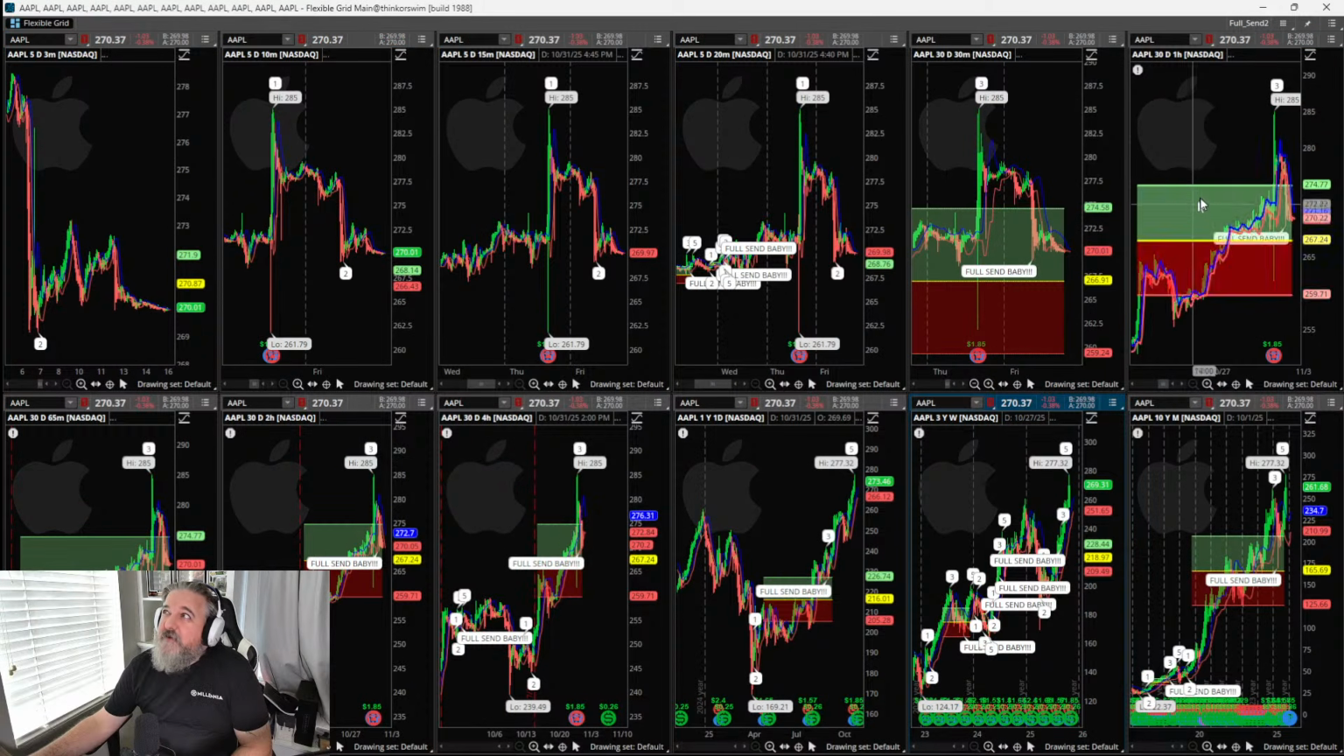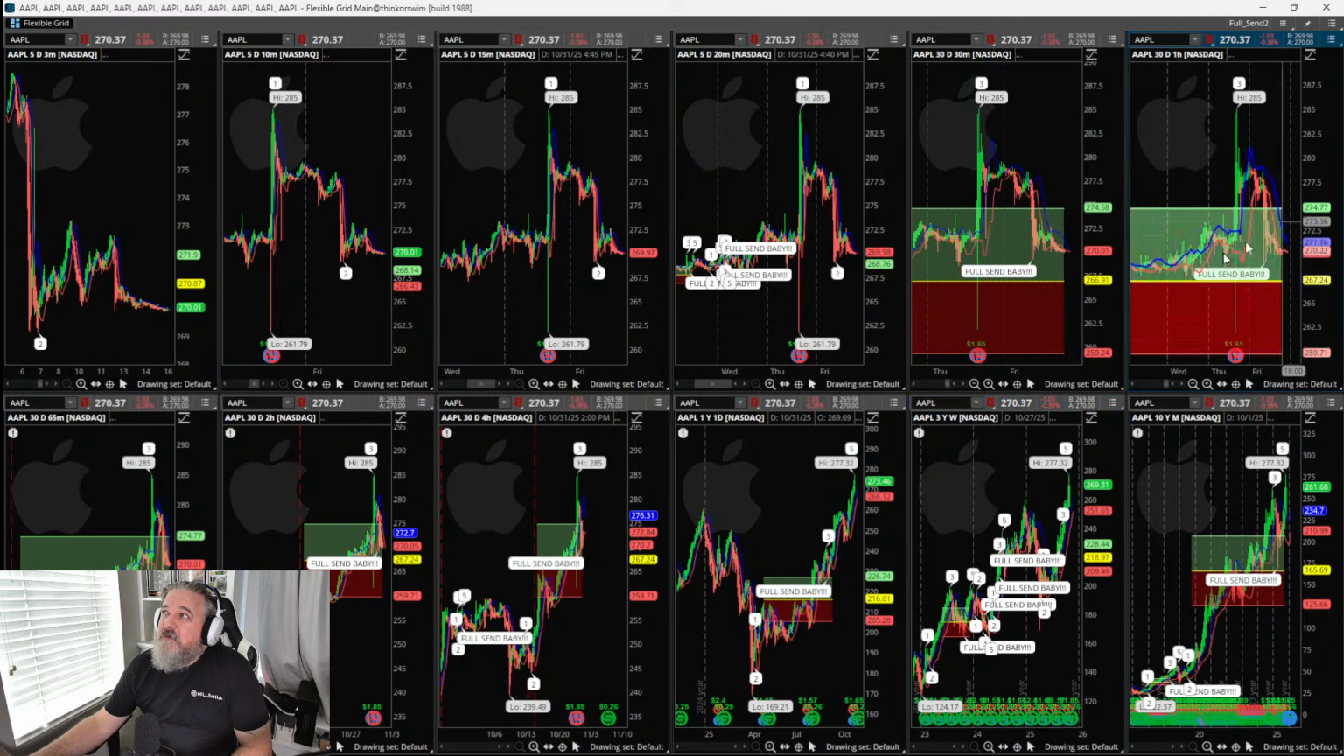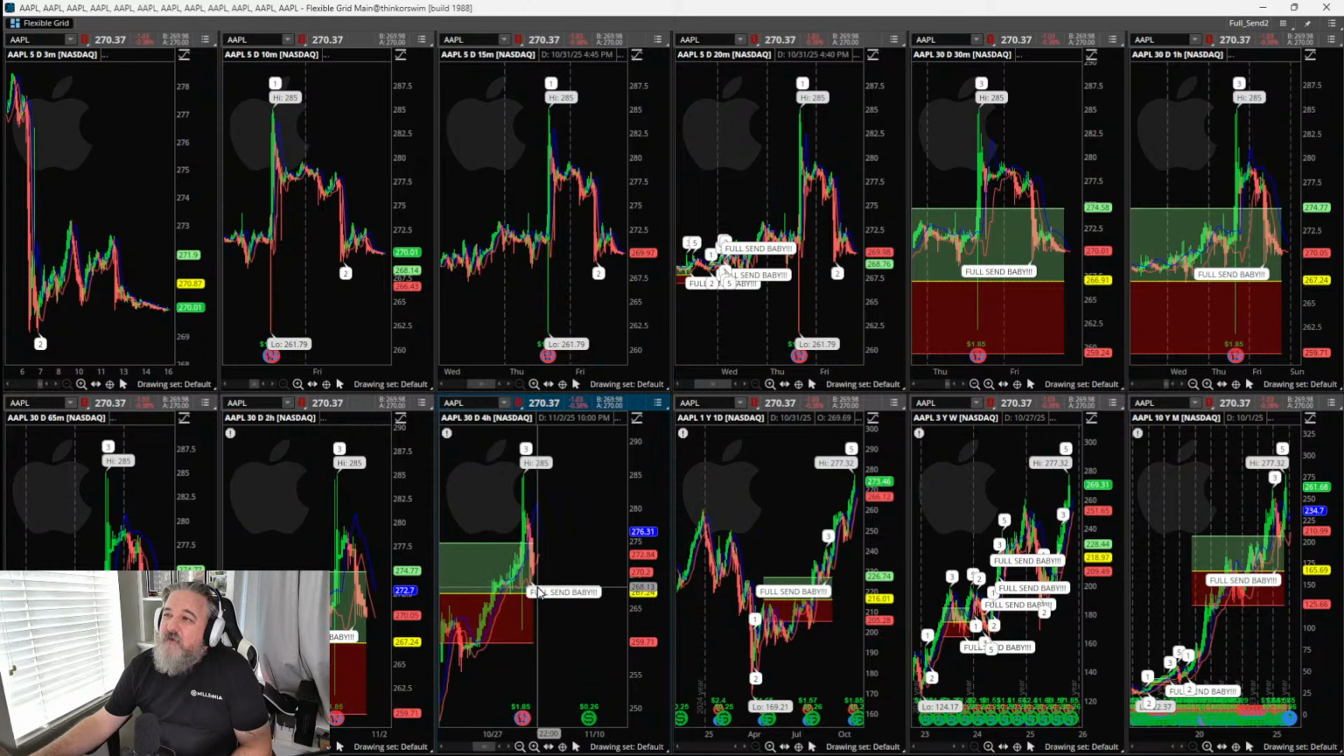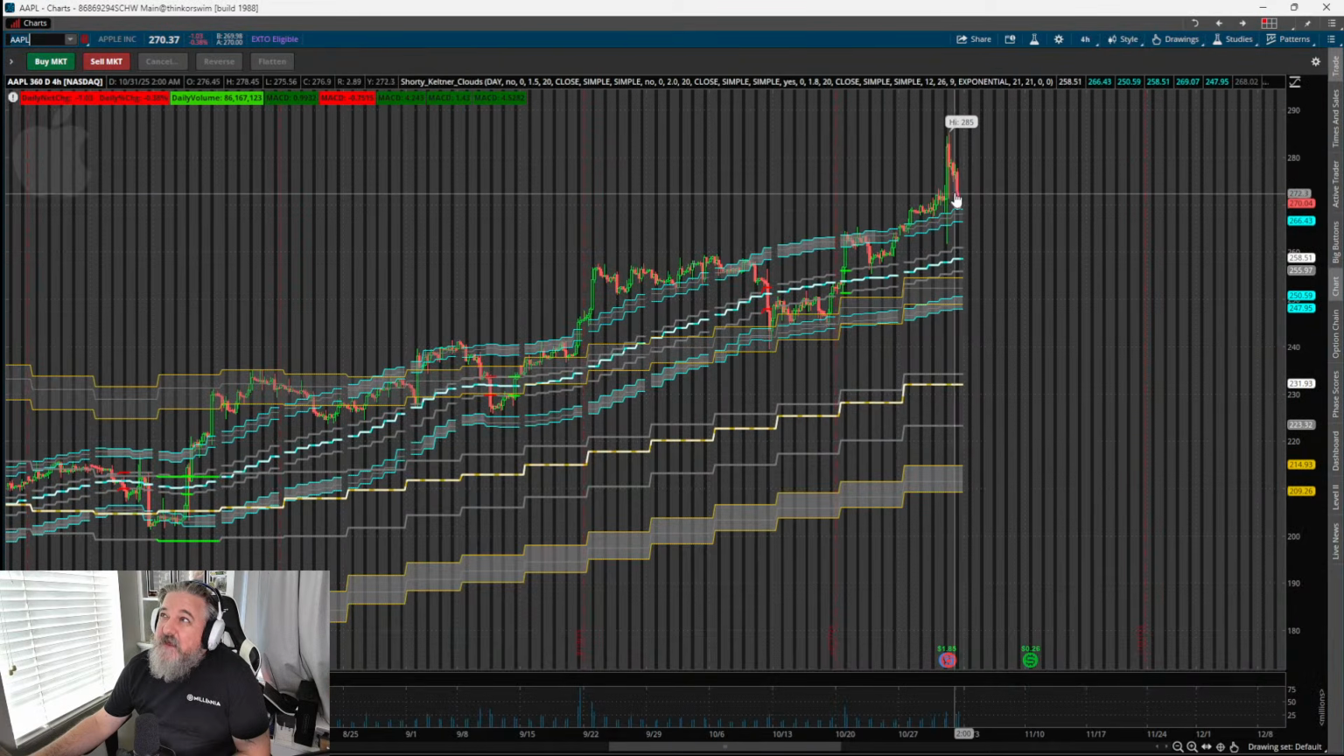And basically we have it on 30-minute, 1 hour, 65-minute, 2 hour, and also 4 hour. Generally when I have all 5 full sends is when I catch the really good moves on option setups. So on top of having the full sends, we also have what Shorty named a bullish backdoor, which